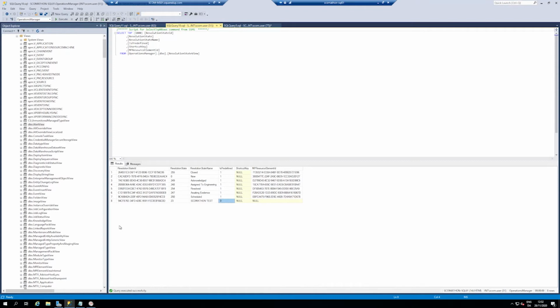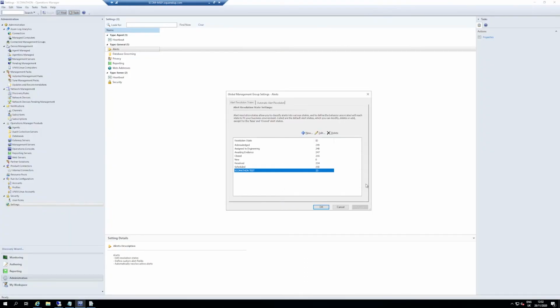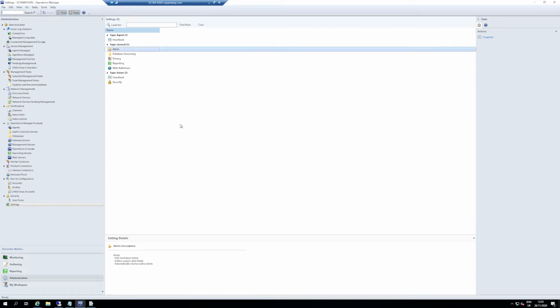So if you want to make documentation on what resolution states you have, why not take this one and make it into a report, and then it will always just be available from every browser. Or you can always go in here and take that one. It's the same data. I don't know why you want to document it, because it's easy to look up, but maybe you do. Yeah. So, okay. Now,